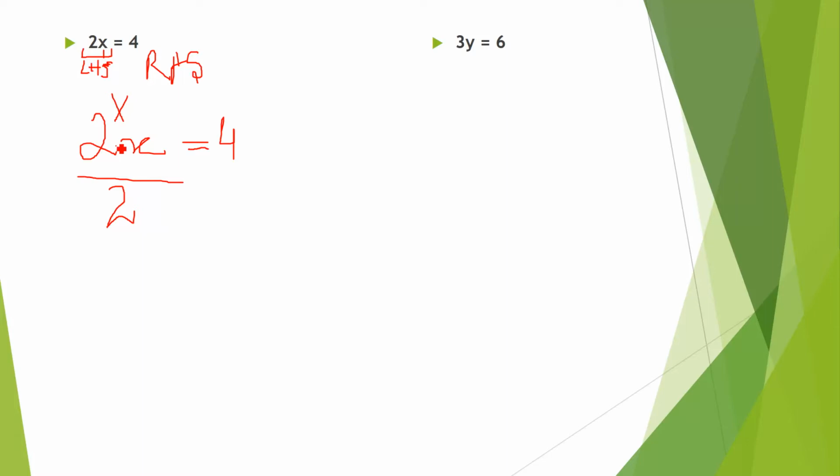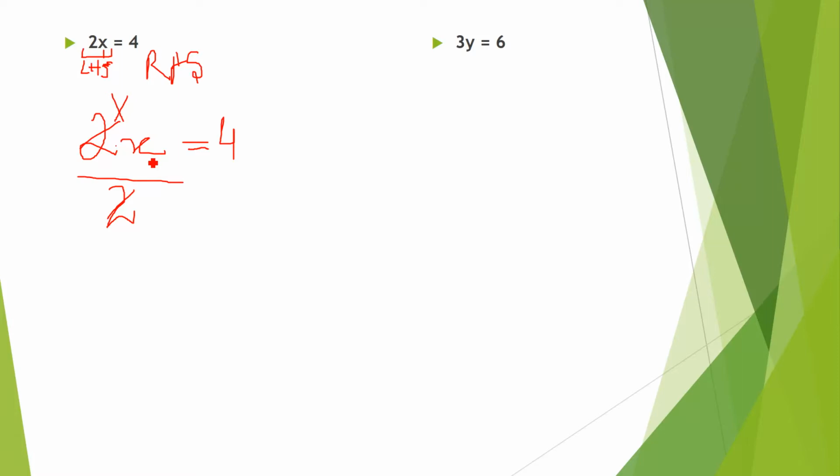Always, whatever integer is with the variable, if it is 3, then you have to divide it by 3. If it is 4, you have to divide it by 4. You cannot do it like this: if it is 2, you are going to divide by 4 or 5 or 6. No. Why exactly the same? Because in this way they can cancel out each other and only x will be there,